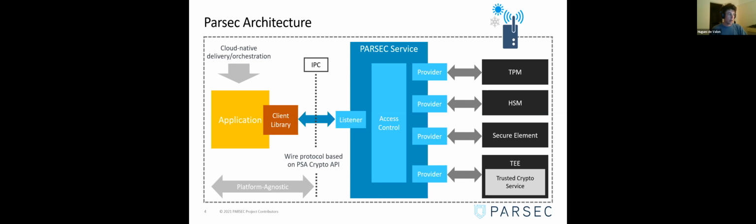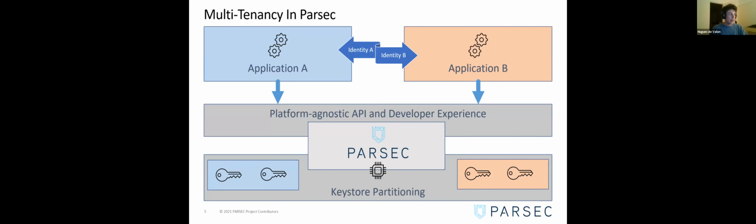And also with having client libraries that are easy to use in the specific language that your application is in. So usually you would have one PARSEC service running per node, which means that it has to work in a multi-tenant environment, that multiple clients will communicate to the same service, but the service will have to do some access control so that one client cannot access the private keys of another one. And that's done through